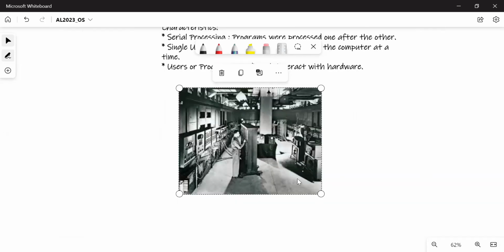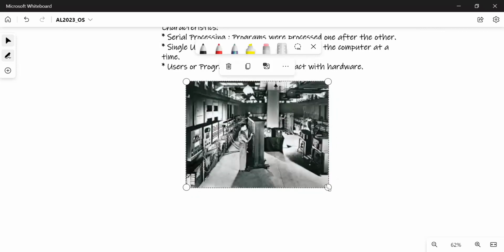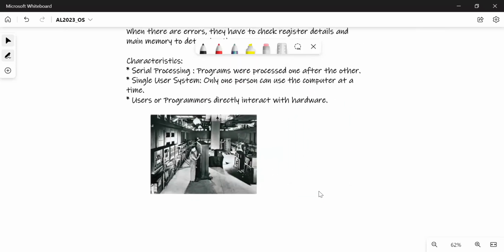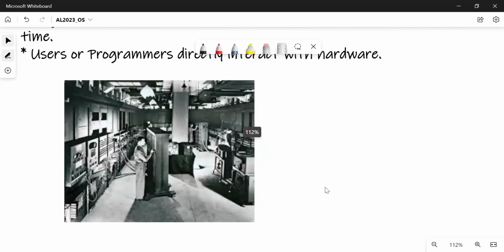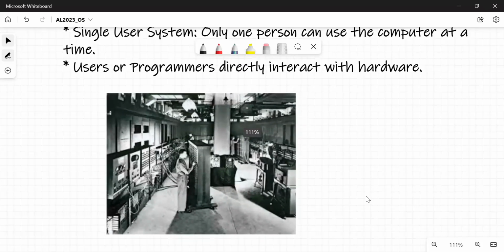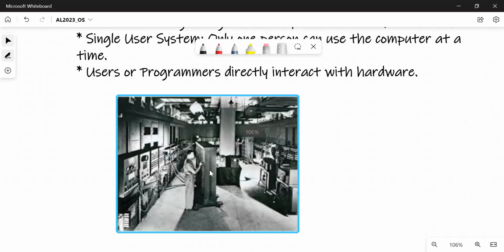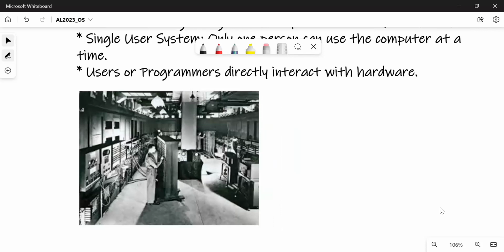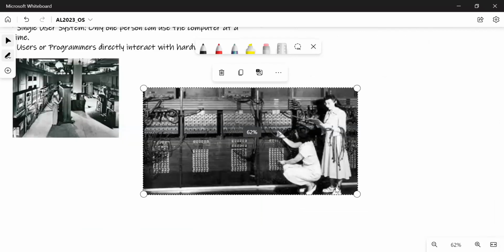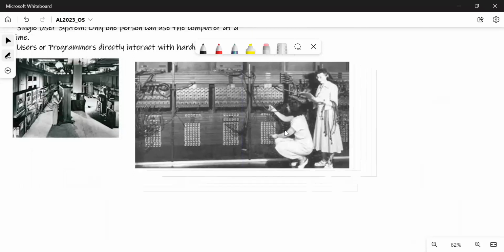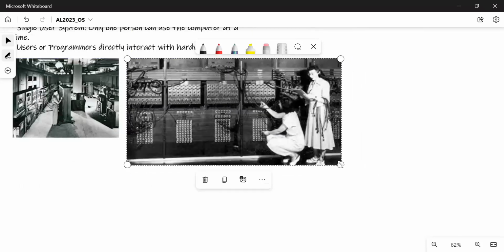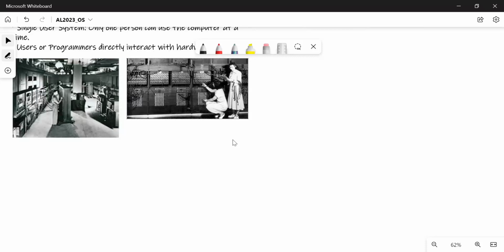So this is a picture of ENIAC. If you remember, or if you have seen computers like this in the early days, people directly work there. So changing wires, everything done by hand. Early days, a lot of ladies were involved. They are the ones who actually found any errors in the program.